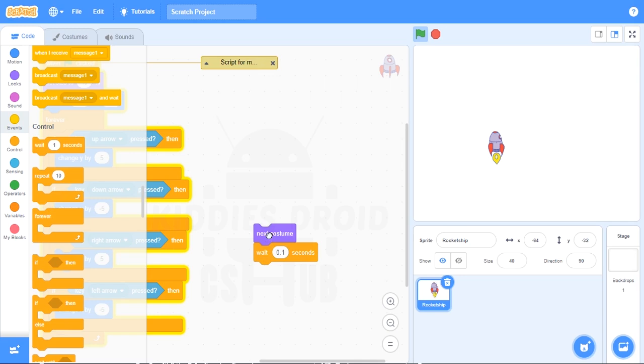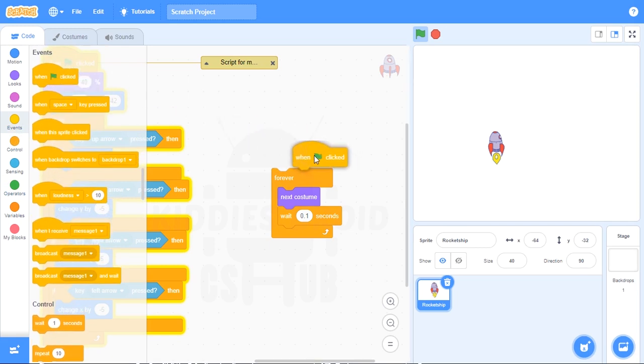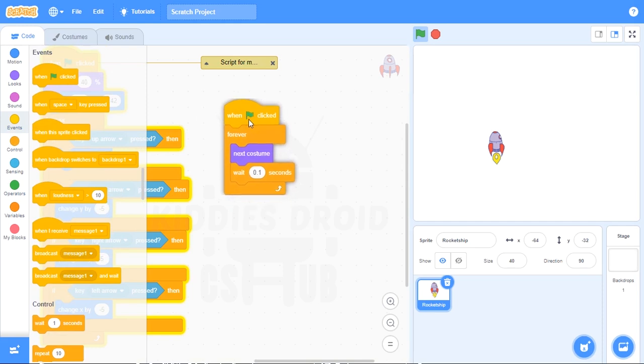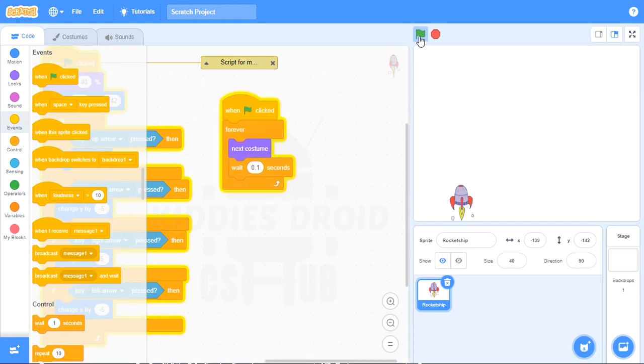And what we can do now, since we still have these 2 here that we attached, these 2 are supposed to be making this sprite turn on its own. So we're going to bring out a forever block, since we just wanted to keep turning on forever as long as the game is started. So we're going to bring out another when green flag click and place it on top of that forever. Now, look at that. So now it moves, but now you're probably not noticing it, but while it is changing the